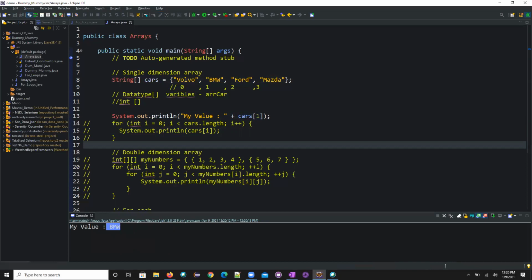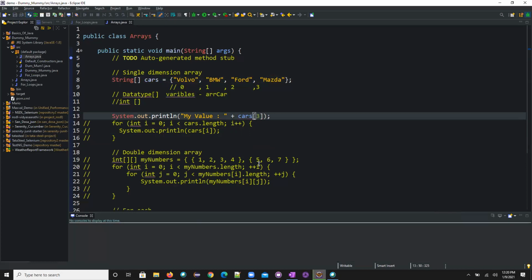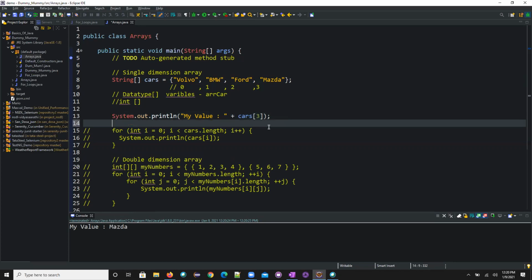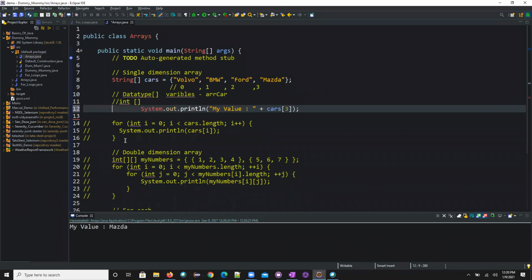Now, if I want Mazda, what do I need to give, Uday? You enter 3. That's it. Very simple. Guys, you need to understand the logic. It is very easy to learn, and you can enjoy it. When you are doing Java, you can have fun. And if you are in Python, that would be much more, that's next level. However, coming back to the discussion, I don't want to deviate.